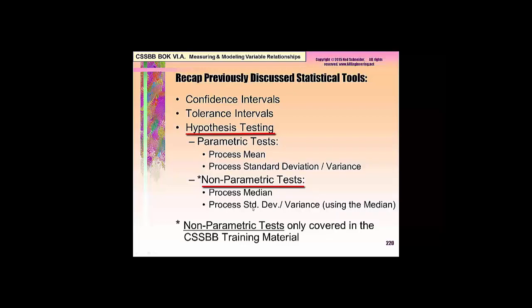And for our process standard deviation or variance, we also have alternative tests. For the 1 sample standard deviation, we can use Bonett's test, and for the 2 sample variance or standard deviation test, we can use Levene's test. Preferred is the parametric test because